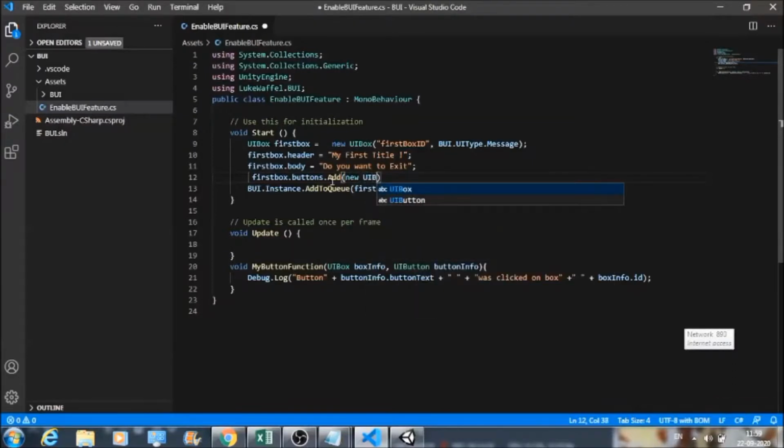Now new UI button. This is a property that we can use for adding a new button. First button. Okay, this is the text.